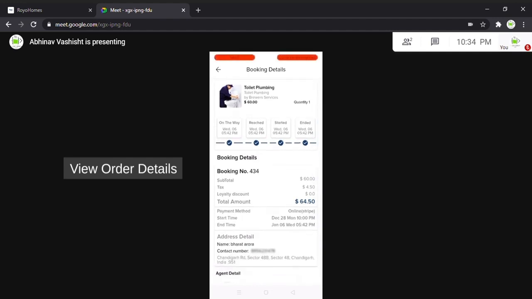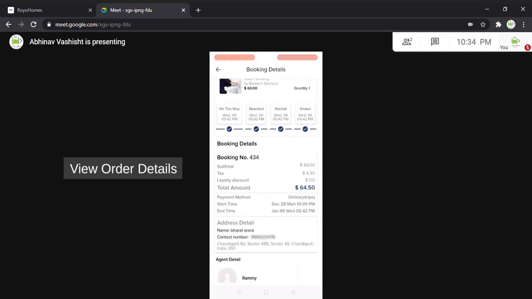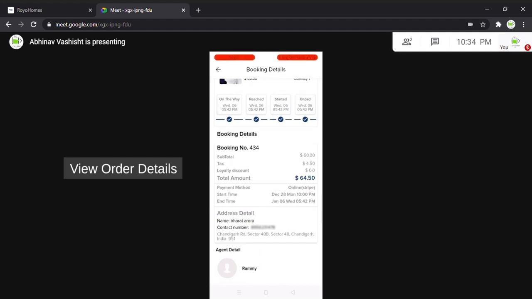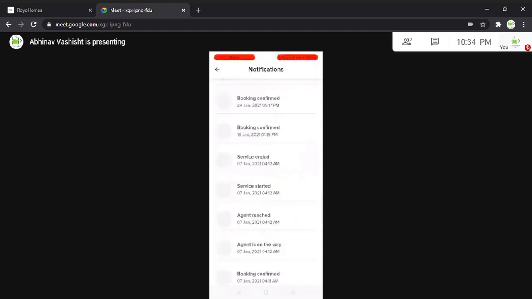Then we go forward to the booking details. As you can see, there is the breakup: subtotal, taxes, loyalty discount, all kinds of things that the customer might want to see. Payment method is also mentioned, start time, end time, the details of the individual with the contact number, and the agent details of who catered to the request. Now if we go back to it,